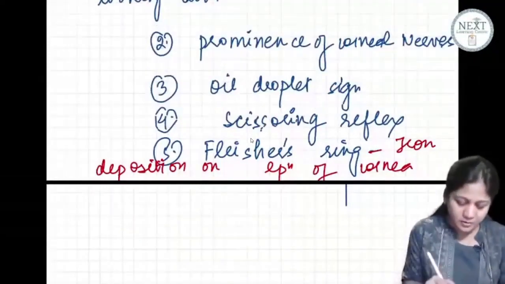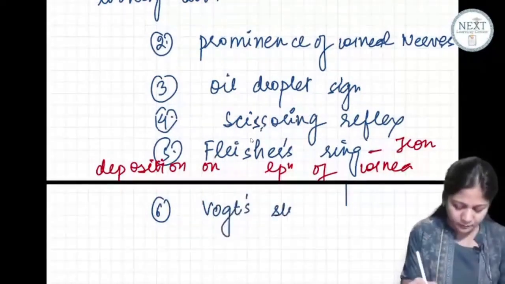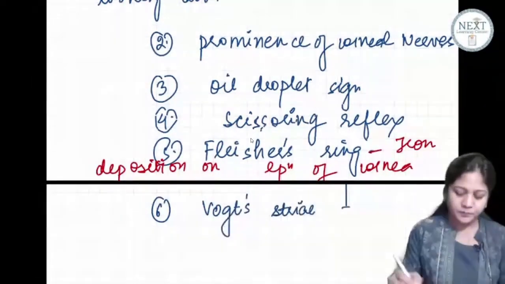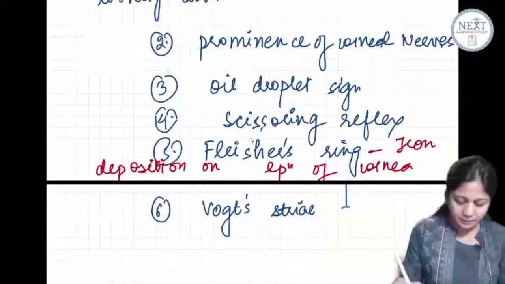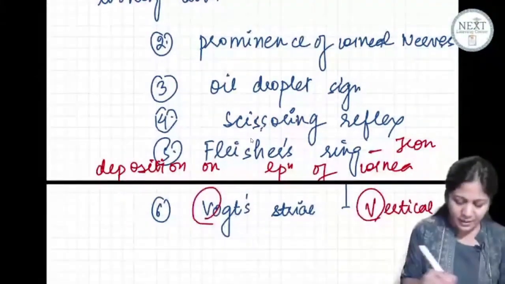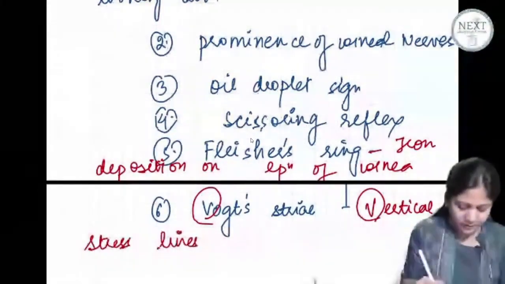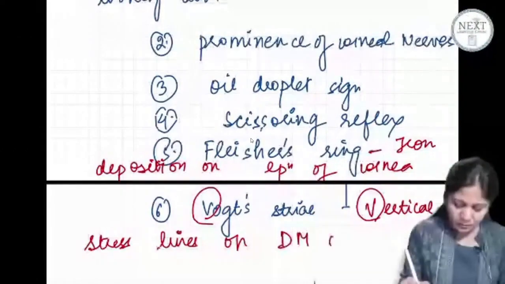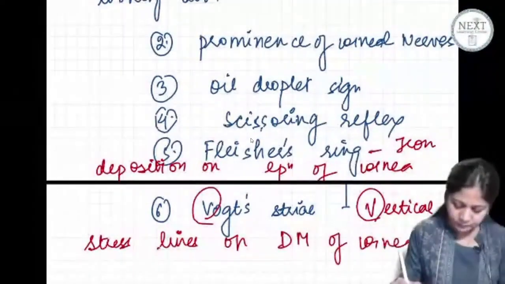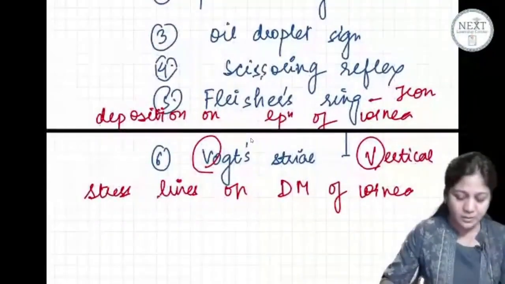So Fleischer's ring. Next one is again important, Voigt's stripe. What are Voigt's stripe? Simple to remember, V and V. These are vertical stress lines on the Descemet's membrane of the cornea. Vertical stress lines on the Descemet's membrane of the cornea. The next one is